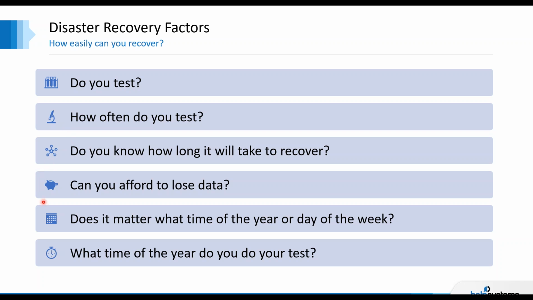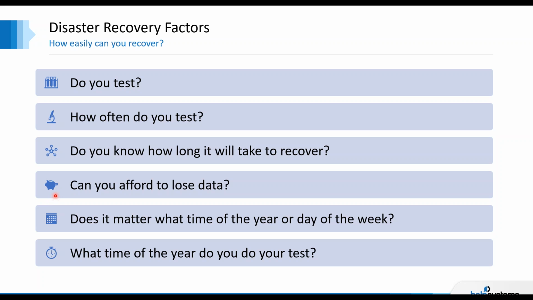I can tell you, as a greenhorn back in the 80s, I was responsible for backup recovery on the System 38 platform, and I can remember somebody over my shoulder saying, so when's the server going to be back? When's the server going to be back? And this was the GM, who was my senior by probably 30 years, right? So turn the table around, I can see myself, when's the system going to be back, right?